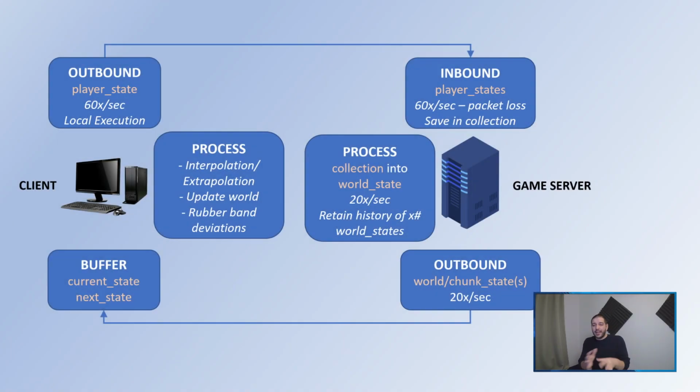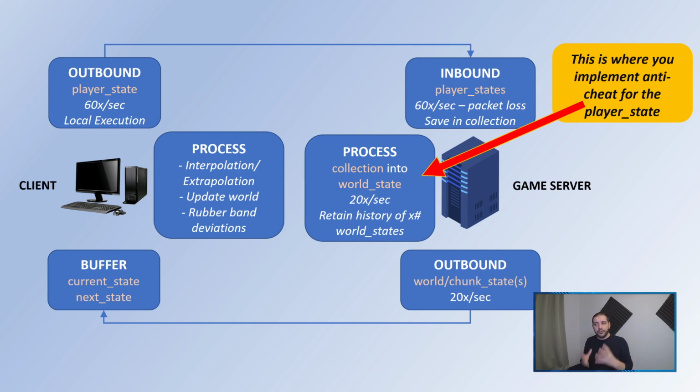Hey, and you may be going like, hey, I heard a couple of other things. You can also send input, and how's this with cheating? Is this safe? Well, those are all good questions. So I would say right now the player can cheat. Because the player, for example, could say on the client, hey, I can walk twice as fast. It's just sending its new position in the player state. And if we don't check for that in the game server, then yeah, the player would suddenly be moving twice as fast. So on the processing of the collection into the world state, that is where we would be implementing